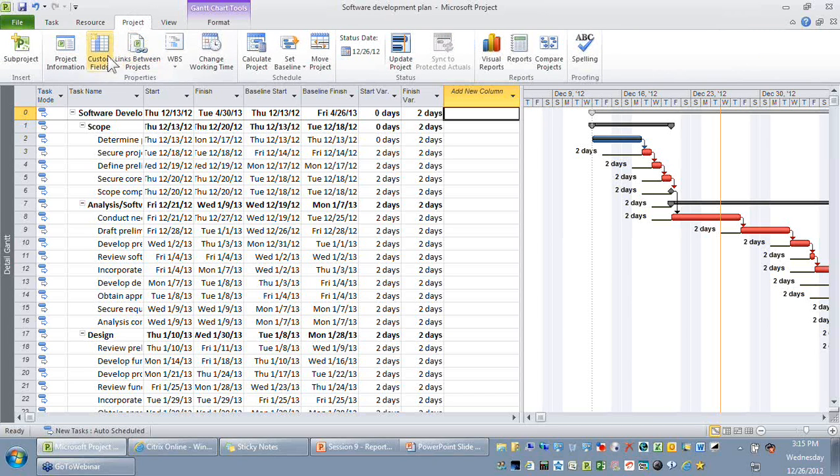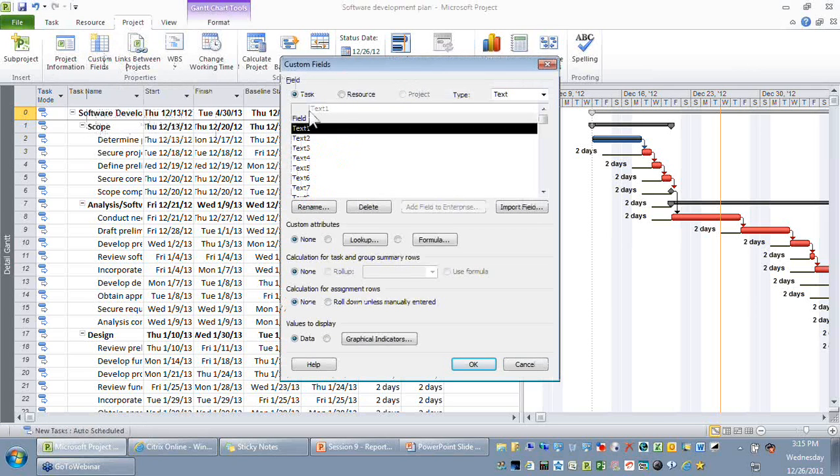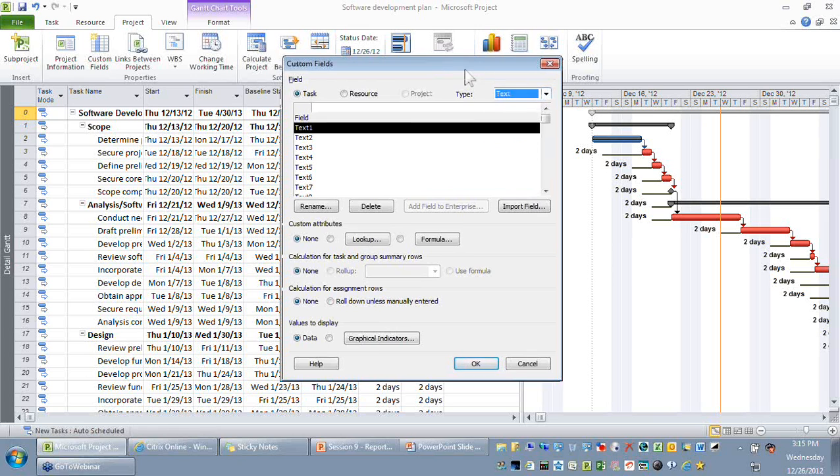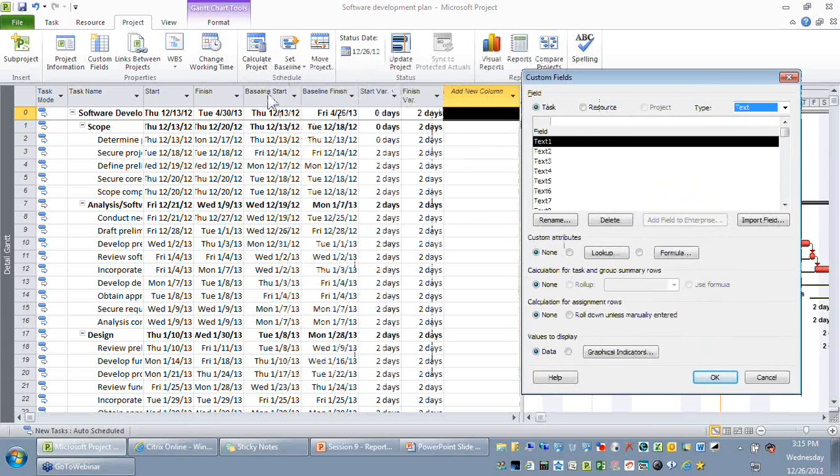If you go to the project tab, you can see there is an option called custom fields. Okay, so I'm just selecting custom fields. So you need to ask yourself whether this custom field is more task related or resource related. Here it is more task related. I'm selecting task. Remember, there are around 120 custom fields you can have as a part of your MS Project. So custom fields are about how you can either manually enter data into these custom fields or you can have formulas also. So in this demonstration, I'm going to have a custom field that is going to compare my baseline finish with my finish.